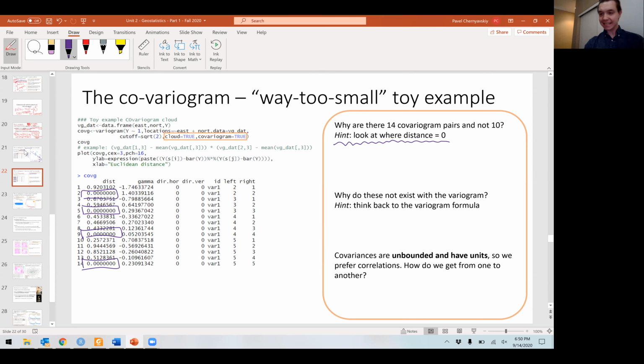When the distance is 0, you're actually taking the covariance of an observation with itself. If the distance is 0 or even near 0, then you know that